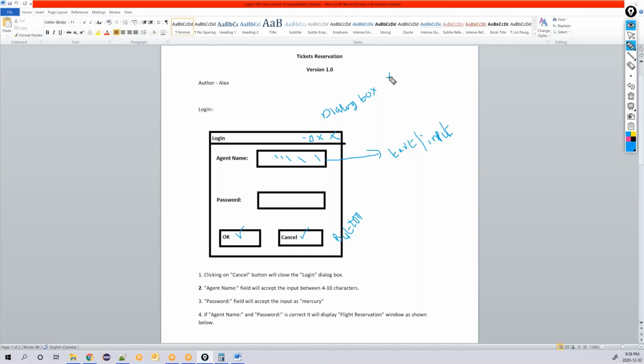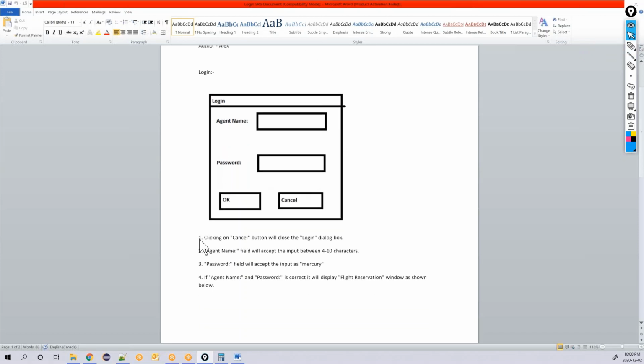Now, if you have minimize, maximize, and close buttons, those are called windows. I'm repeating again: if you have minimize, maximize, and close buttons, those are called windows. If you have only a close button or no close button, that's called a dialog box. So this is a dialog box, right? Because it does not have any of those buttons, or it does not have a close button.